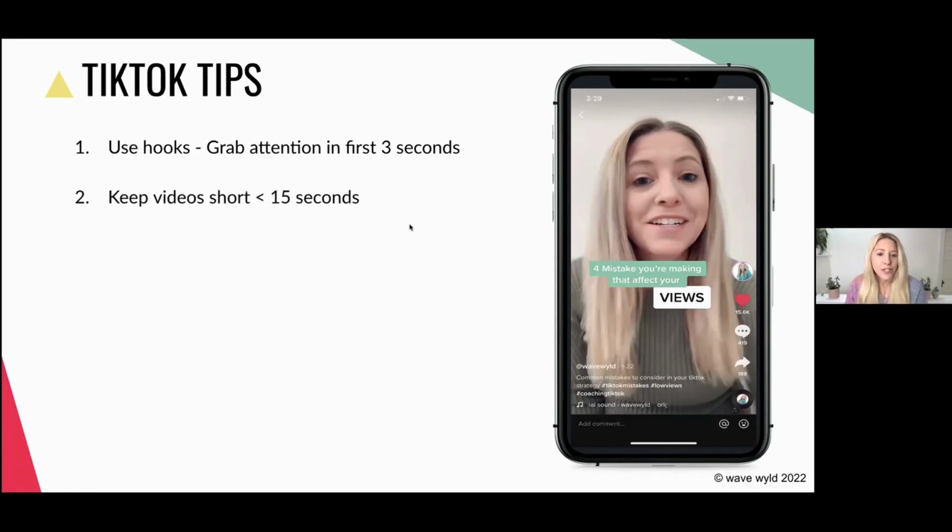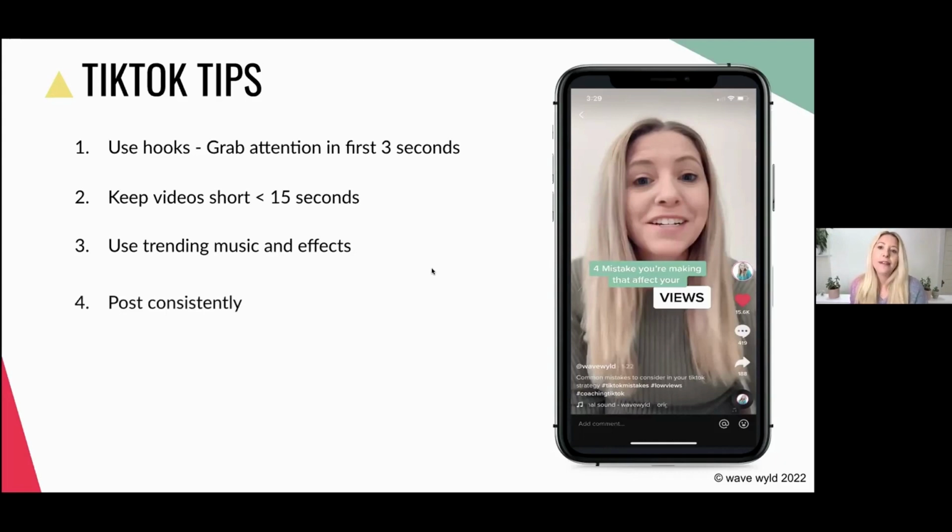You want to keep your videos short. I mentioned this before, generally under 15 seconds, unless you have success with longer videos. There are certain types of videos you can make longer. Anytime you're telling a story tends to be longer and it works. Tutorials, showing a process, those can be a bit longer, but in general, I'm saying less than 15 seconds. Definitely want to incorporate those trending music and effects I talked about because TikTok likes to push that content.